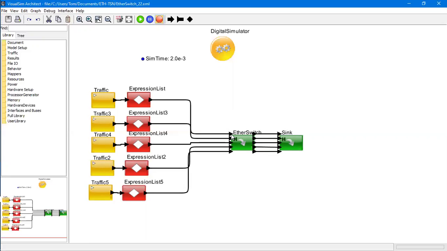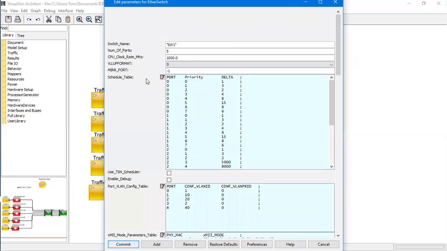We can see the port numbers: port 0, port 1, port 2, port 3, port 4. The numbering is from 0 to 4 for a 5 port switch. Then when we double click on the switch, we can see a list of parameters